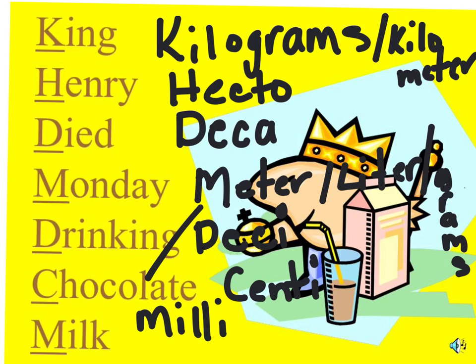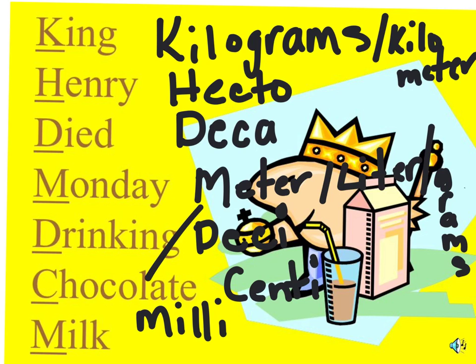So one way to remember metric units is this little thing here. We have K for king, H for Henry, D for died, Monday, drinking chocolate milk. King Henry died Monday, drinking chocolate milk. If you can remember that phrase, you can see the order